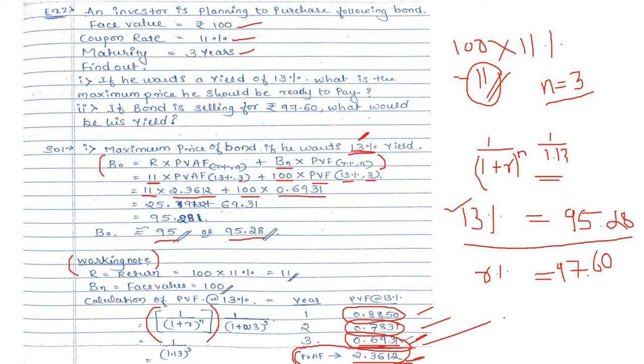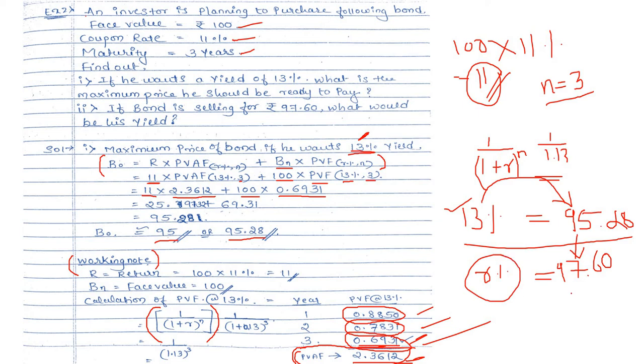So in the beginning itself I told that there is an inverse relationship between the rate of return and the value of the bond. Okay, so what to do now? In the last case when the return was 13%, the bond value was 95. This time, the price of the bond is an increase. So from 95 it is now 97. So obviously, what should the return be, if there is a reverse, inverse relationship?